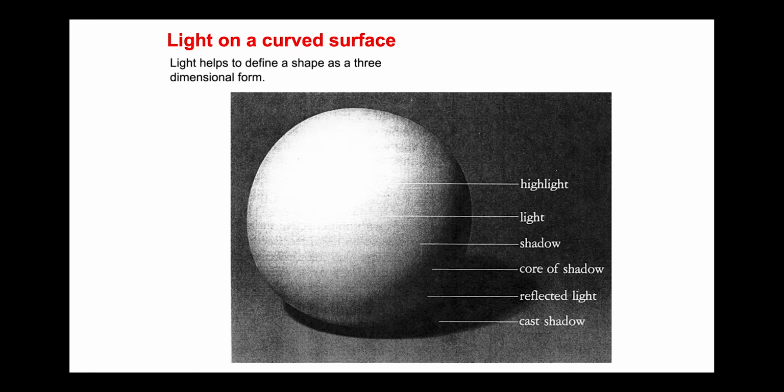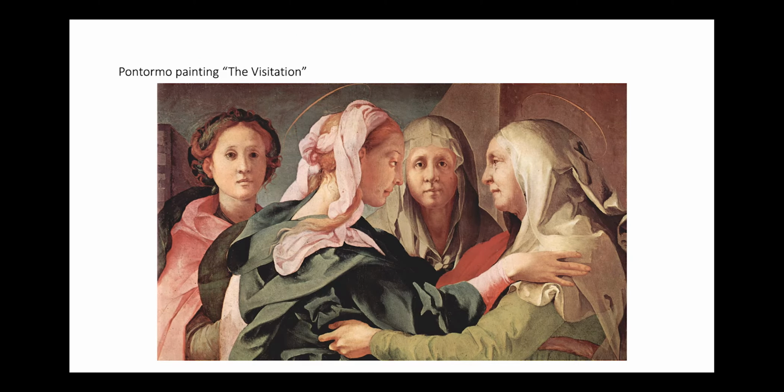But let's look at that in a beautiful painting, this Pontormo, instead of a dumb old diagram. So if you look very carefully at the volumes here, say, under this young lady's chin, you'll see a little bit of reflected light coming up from below, so that the darkest part of her chin is not the bottom. If you look at this lady's nostrils here, right under her nose, you'll see light being reflected up